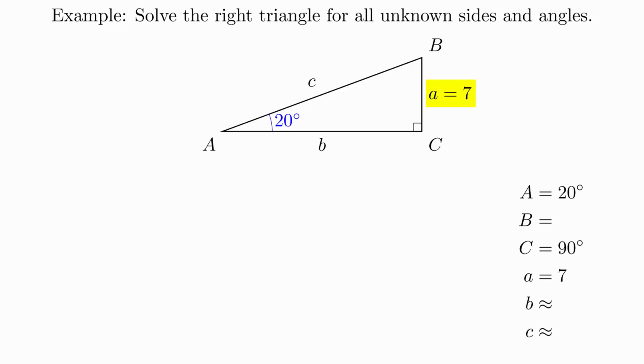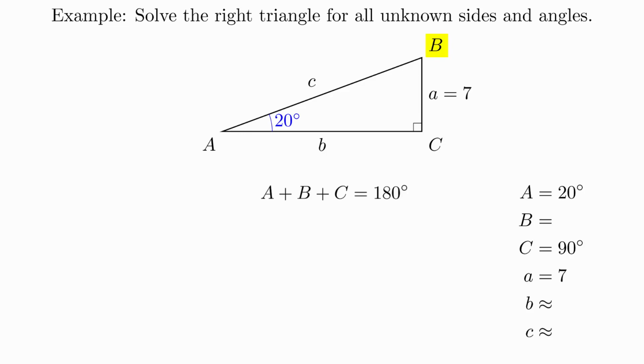When working with these triangles, sometimes you will see the units explicitly listed and sometimes you won't. It's up to you to recognize that in this context, the number 7 refers to a length. It could be 7 inches, 7 centimeters, 7 miles, or some other unit. We would generically say that the side is 7 units in length. When it comes to word problems, the units will be specified in the problem, and you might need to do some unit conversions. But for this problem, we simply know that it's 7 units in length, and we can proceed from here. Let's start by determining the size of the third angle.